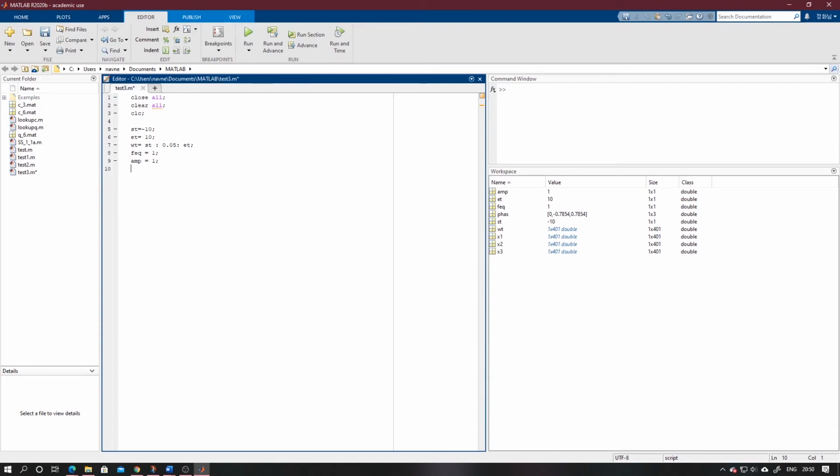Now we have to set up our phase values also. For phase I use phase equal to this. It will take 3 values: 0, pi, which is a built-in keyword for numerical pi, that is 3.14.